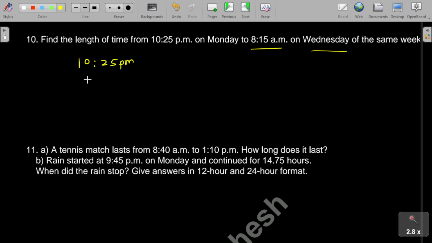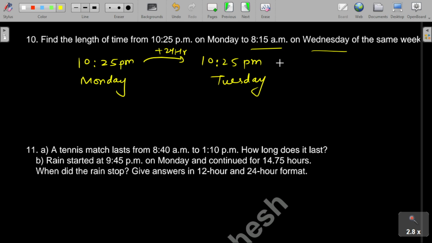We know that 10:25 p.m. is our Monday. Now, if we add 24 hours, then we will move to the next day, 10:25 p.m., which is Tuesday. Now we have to move to Wednesday 8:15 a.m. That is in the morning and this is in the night. So from 10:25 p.m. if we add